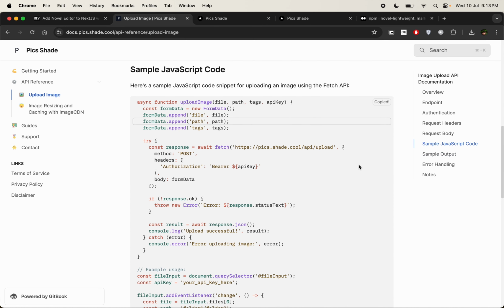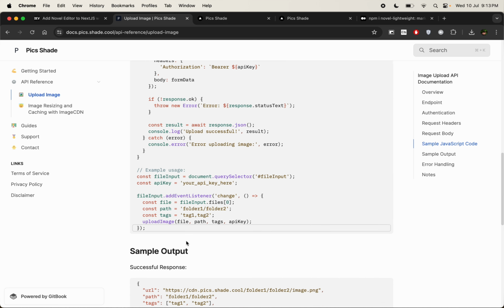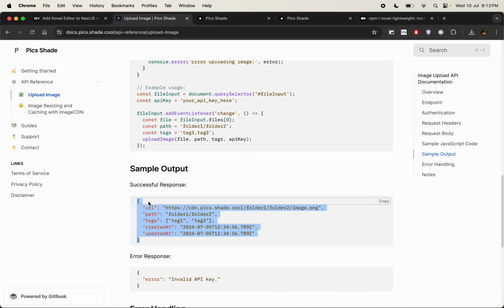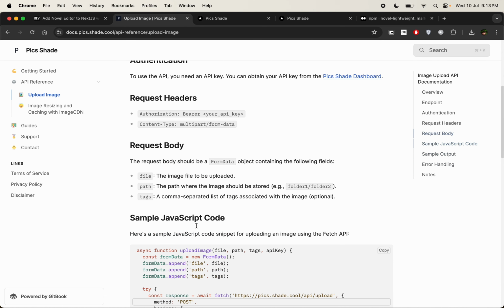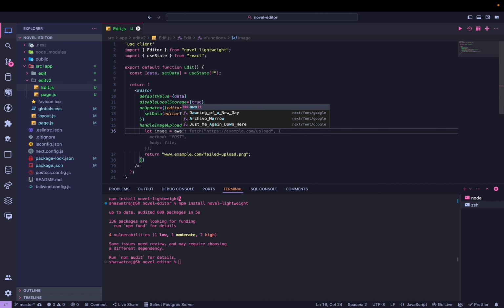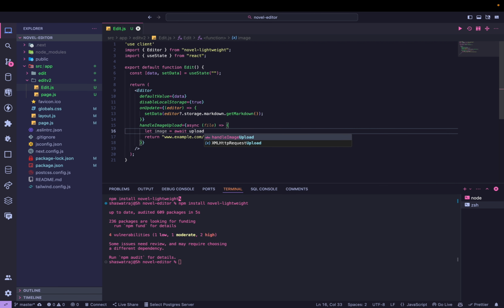We can directly copy it, and I already explained what these things will do, and we don't have to use this. So this is the thing we will get in return. We just have to focus on the URL, whatever we get in the return. So add let image is equal to await upload image function, and we'll pass file here